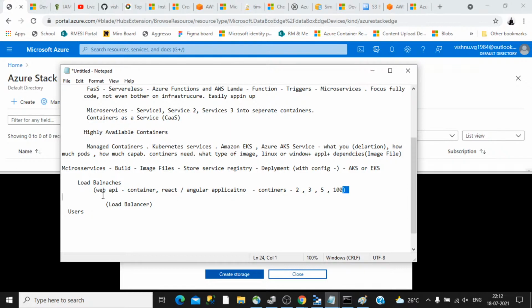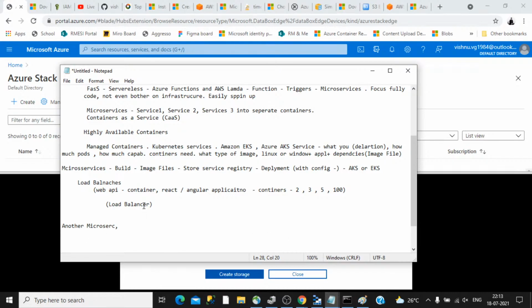particular containers. This is the beauty of using managed services like EKS or the Azure Kubernetes Service, because if you create such a service, the load balancer will be automatically created and provide an IP, so your users can directly use it. Users in the sense, it can be another microservice application, and if you provide an authenticated way of connecting, probably using managed identity or something in the case of Azure, then your different applications can use it.